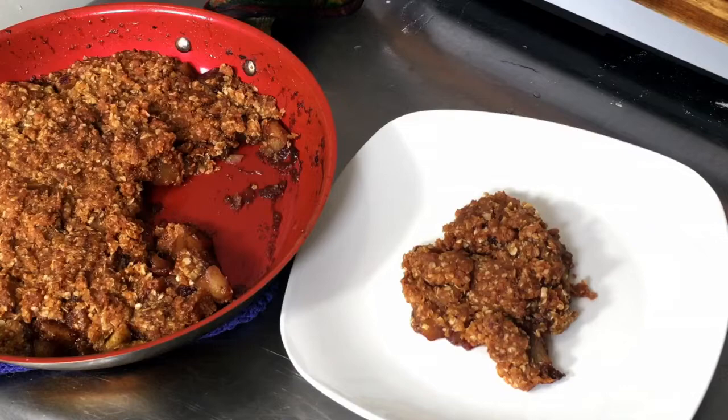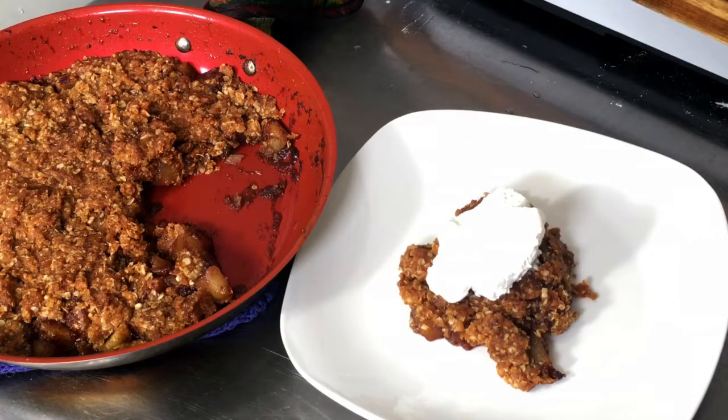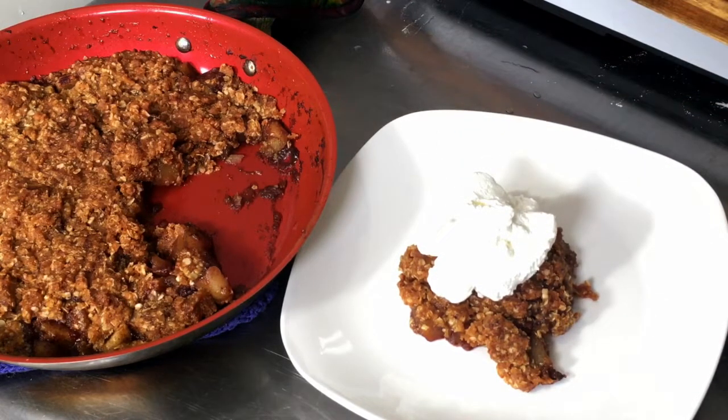On today's tutorial, I'm going to show you how to make a super easy old-fashioned apple crisp that is super buttery and cinnamony, and you're going to absolutely want to eat this entire pan. I served it with some of my homemade whipped cream, and I put a cherry on top to be extra